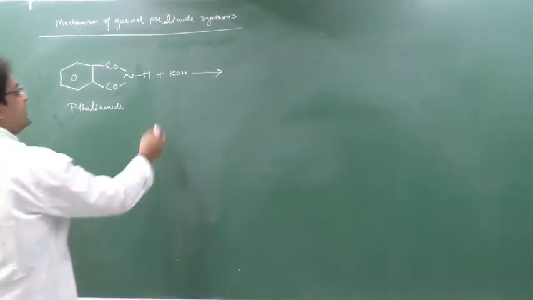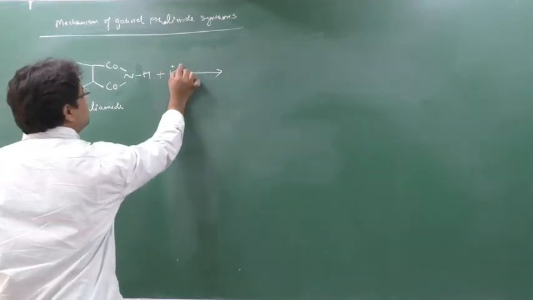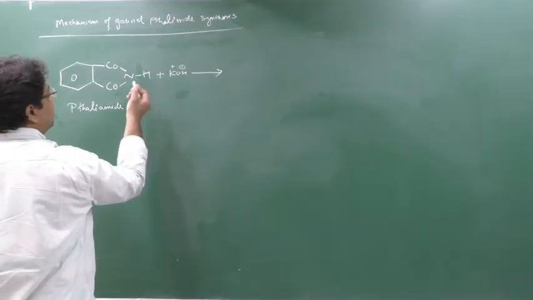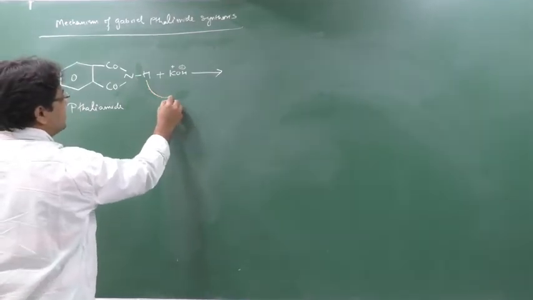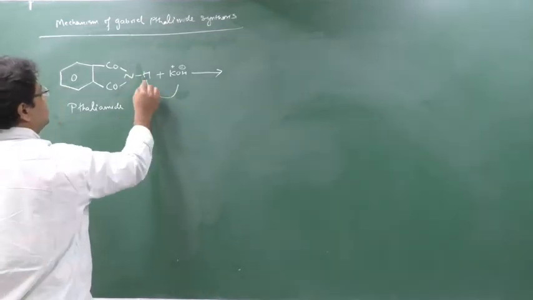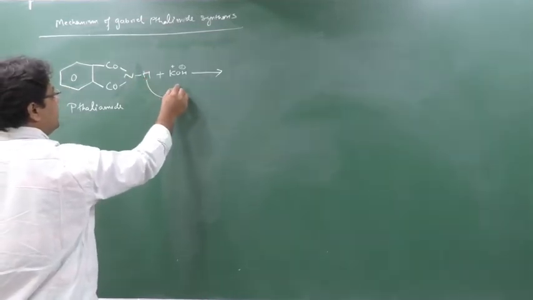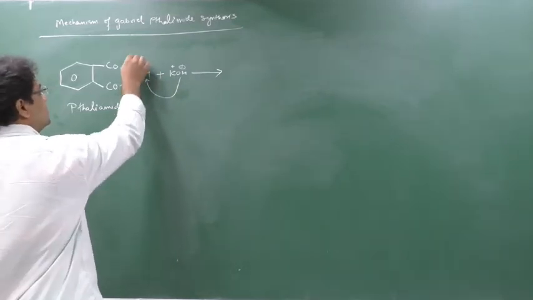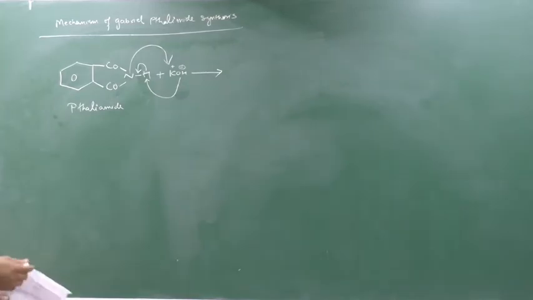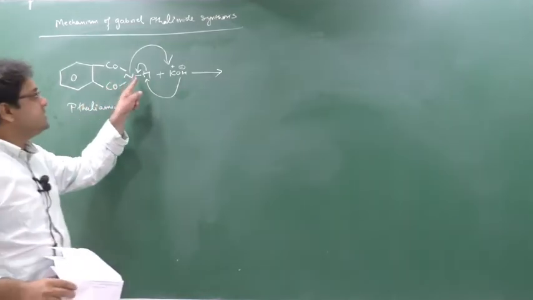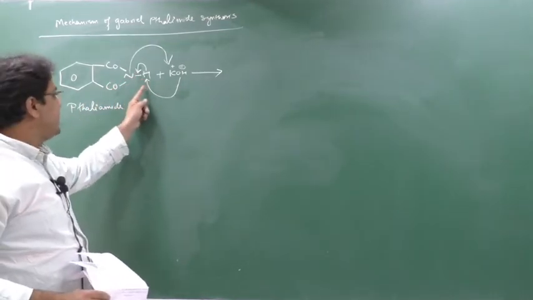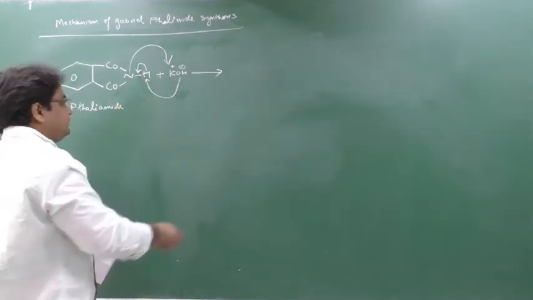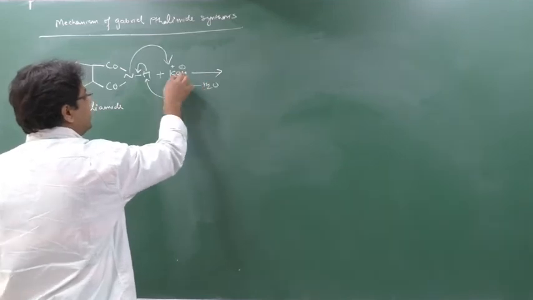See beta, here in KOH, this will be having the partially positive charge, this will be having the partially negative charge, and this is an acidic hydrogen. So what will happen? This H is an acidic hydrogen, no? So this H will be attracted by this OH. This H will release from this place, and this nitrogen will react with this potassium. This OH will attract this H to form water.